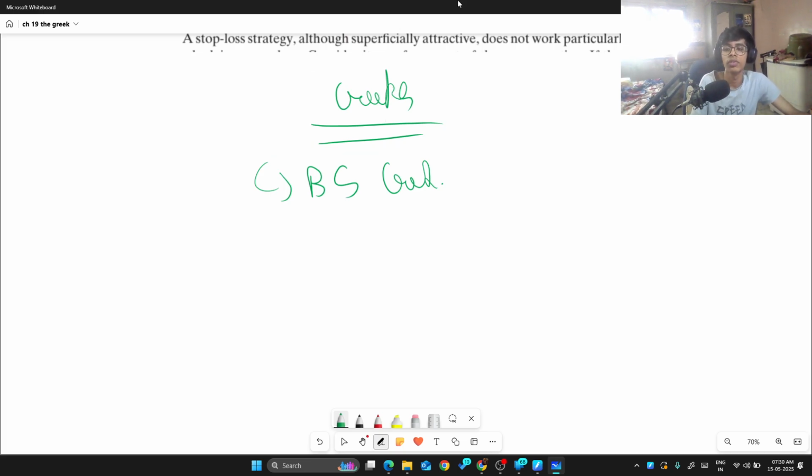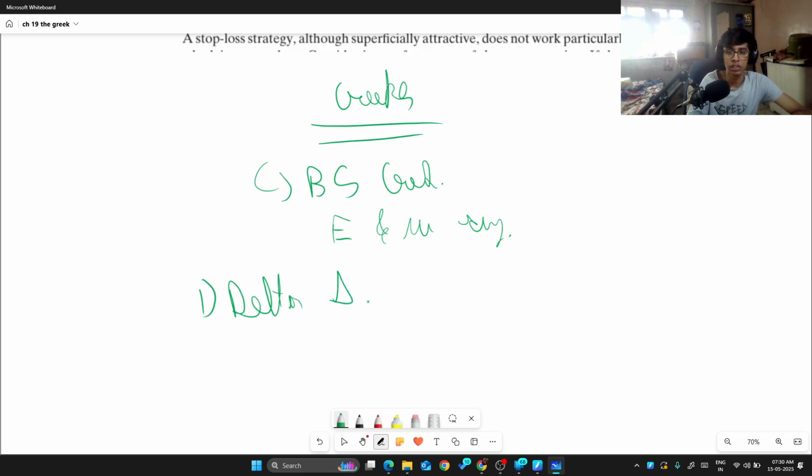So for now, we will see the Greeks of European options, because we have a closed-form solution for a European option, that is the BS formula. For American options, we have to use numerical methods like the finite difference method or Monte Carlo simulation to find the Greeks. So for now, let's say we are on a European, non-dividend-paying option. Okay. So the first Greek is delta,